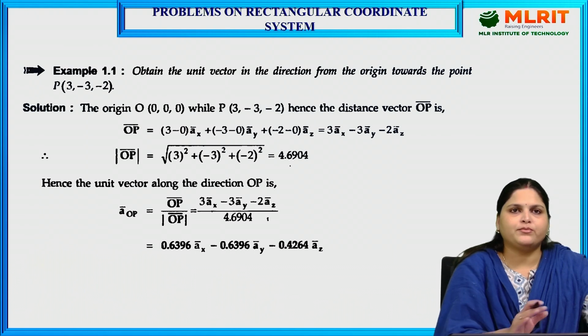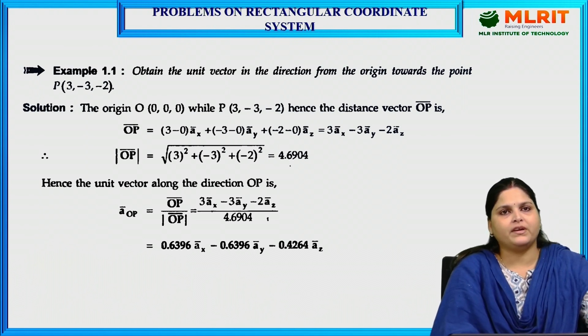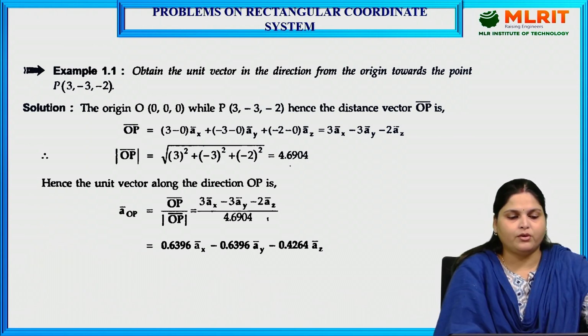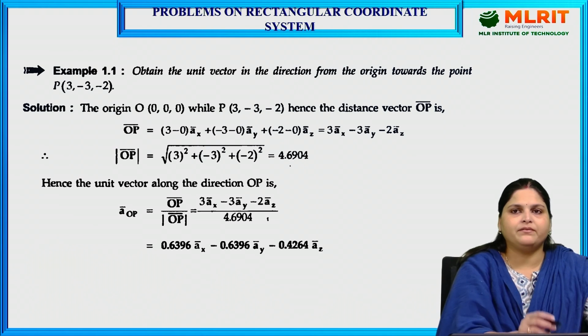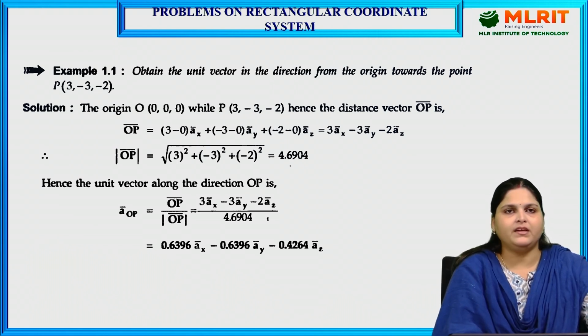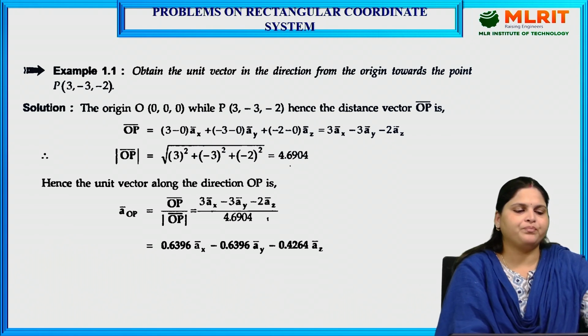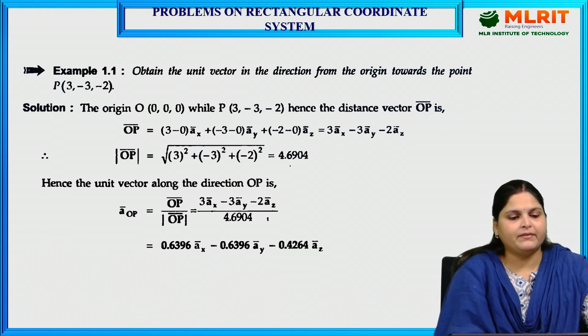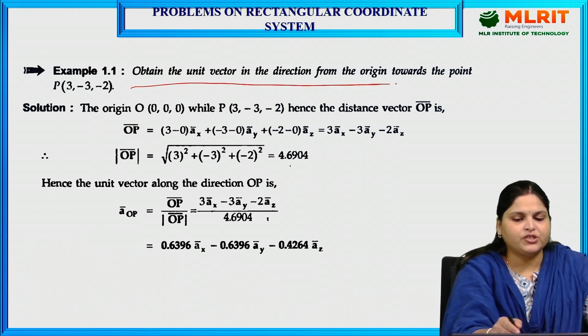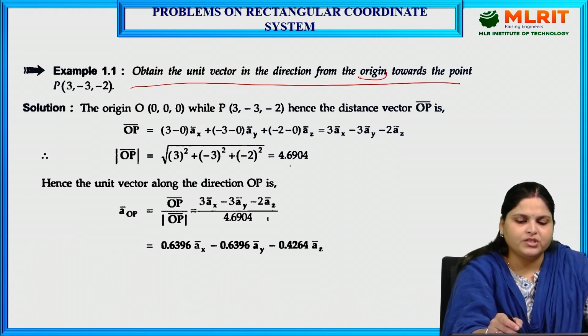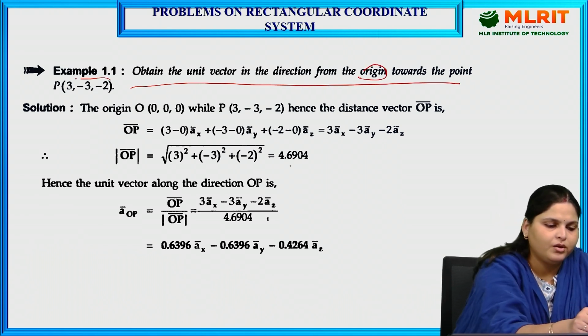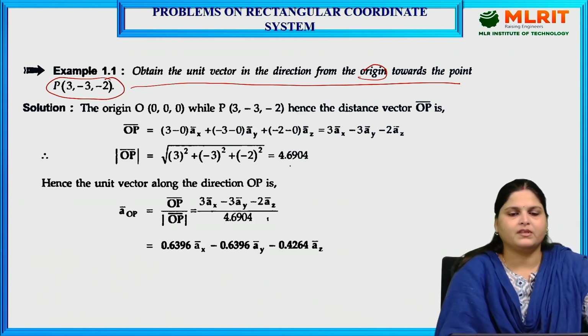To do these problems, we must know how to find the unit vector, and also how to find the vector equations when two points are given, right? So we will see here. In this question, we have to obtain the unit vector in the direction from the origin towards the point P. Means